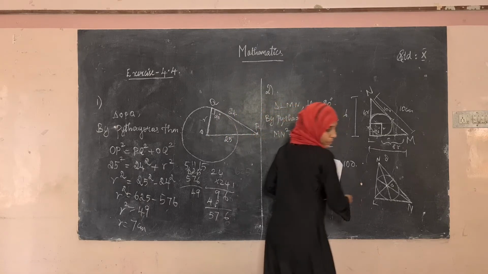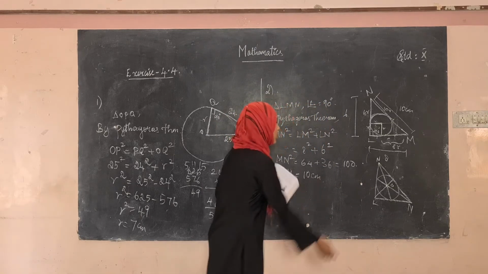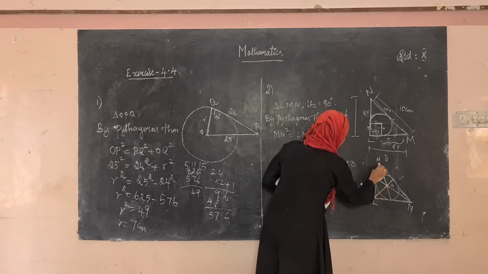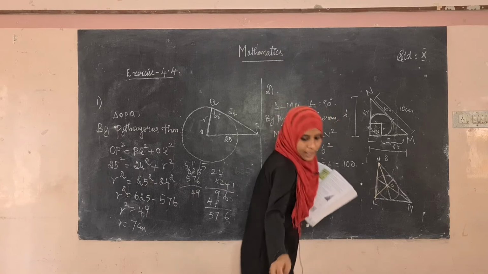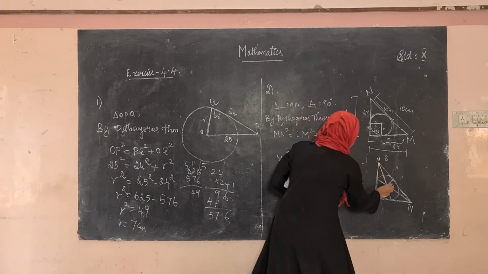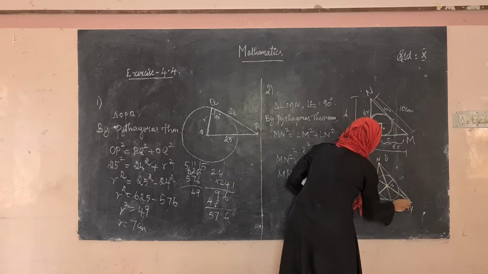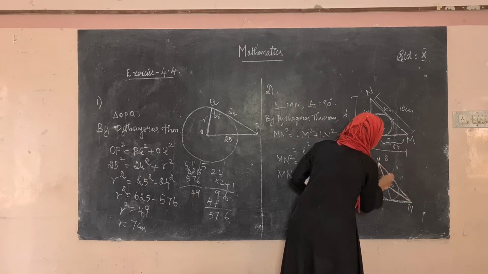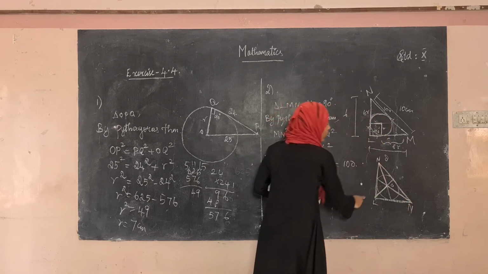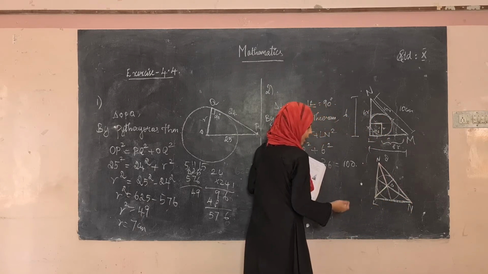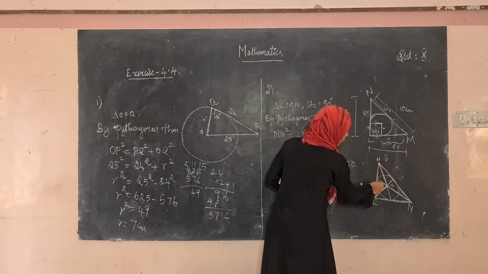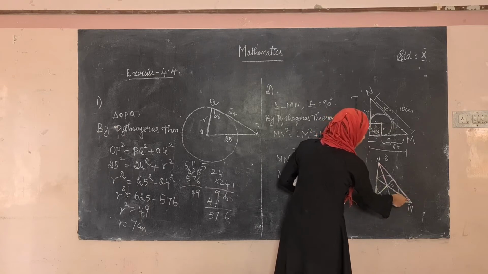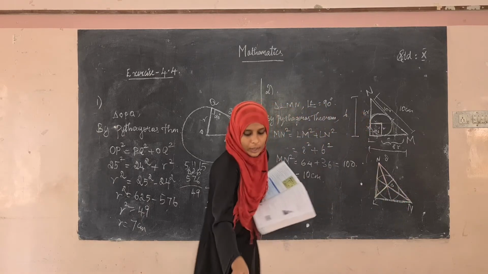See here, this whole triangle can be divided into 3 triangles. This is one triangle, and another one triangle. This is one triangle, and similarly, this is one triangle. So the area of the whole triangle LMN can be written as area of LON plus area of LOM plus area of the triangle MON. We can write like that, right?